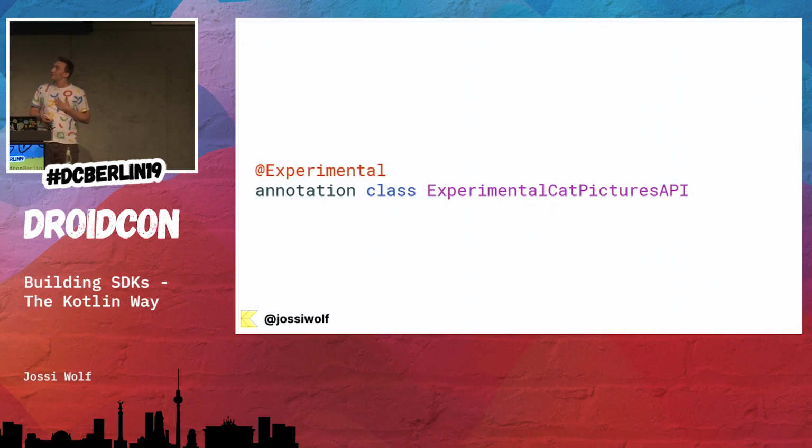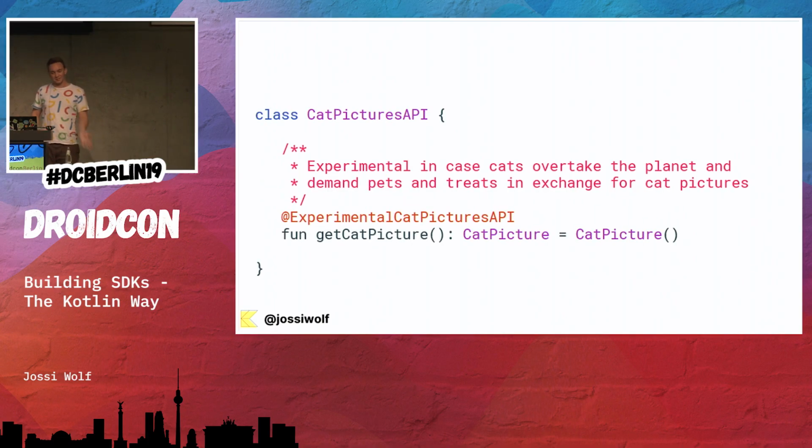So imagine you have this cat pictures API, which is really simple. And it just returns a cat picture, right? There's this method. And because you're foreseeing, you say, all right, cats might overtake the planet, and they demand pets and treats in exchange for cat pictures. So you might have to change that method contract. You might have to add two parameters, like pets and treats, to the cat picture API method. And this is just one example, right? I know there are so many domain-specific examples, but you mark this with